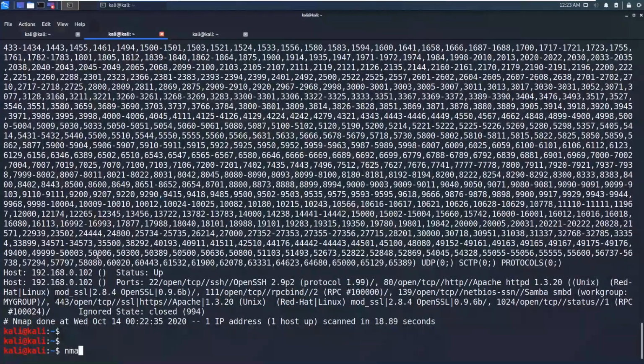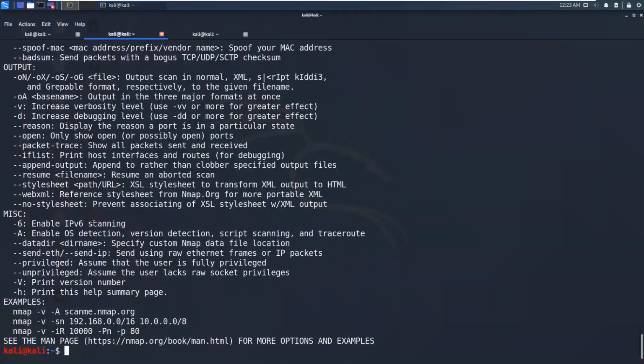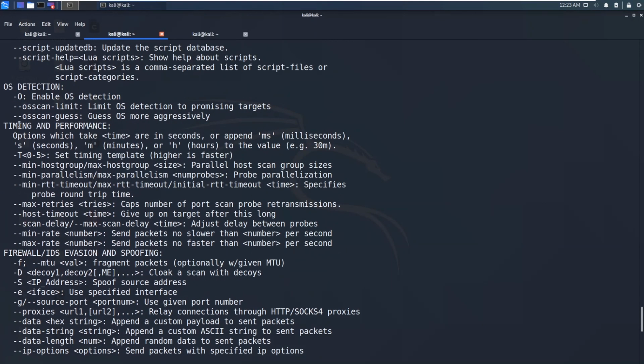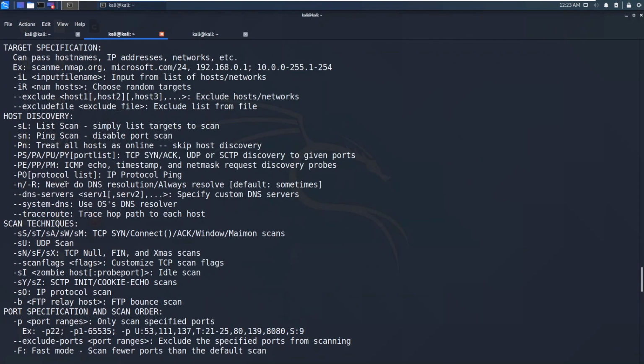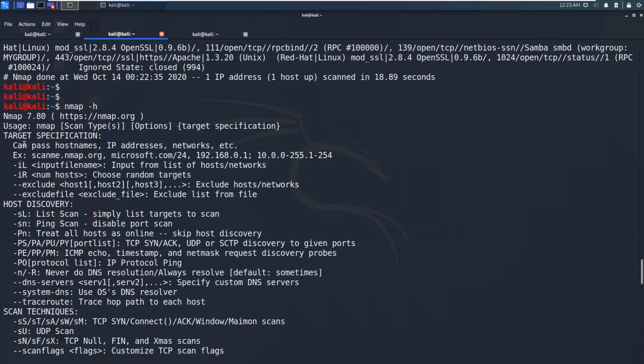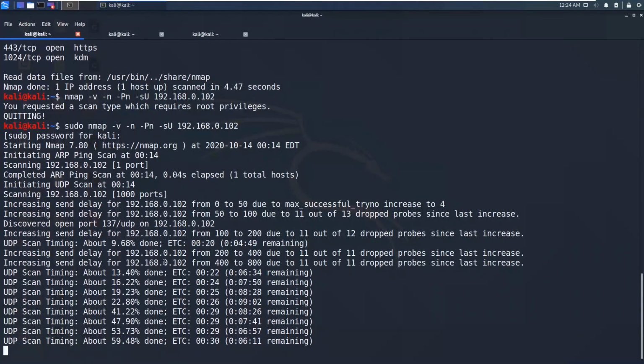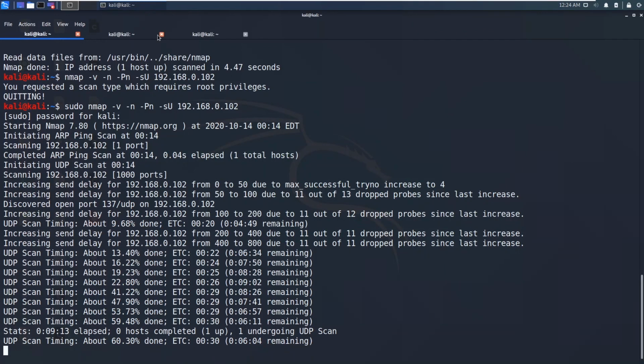So I think that's pretty much about nmap. I think I have covered almost all the general options you can use in a pen test. You can also write the hosts or IP address ranges in a list, and you can input that with the -iL option. You can see the UDP scan is still not completed.